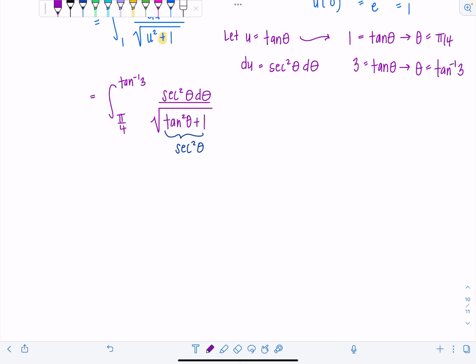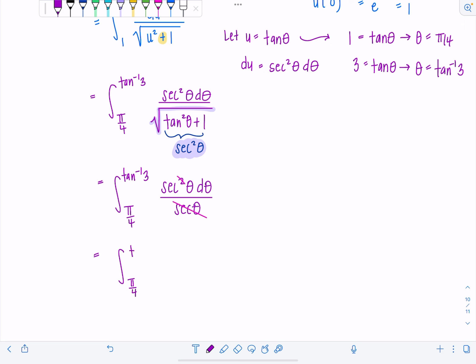So you don't have to worry about the absolute value. How wonderful. So now we have the definite integral from pi over 4 to tan inverse of 3 of secant squared theta d theta. Since I have a square root and then secant squared theta, that's just secant theta. And then cancel, cancel, such fun. And I'm just left with the definite integral from pi over 4 to tan inverse of 3 of secant theta